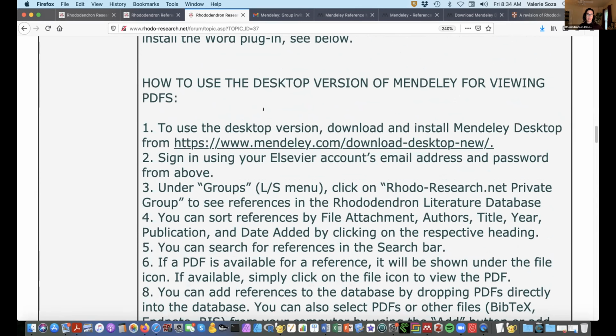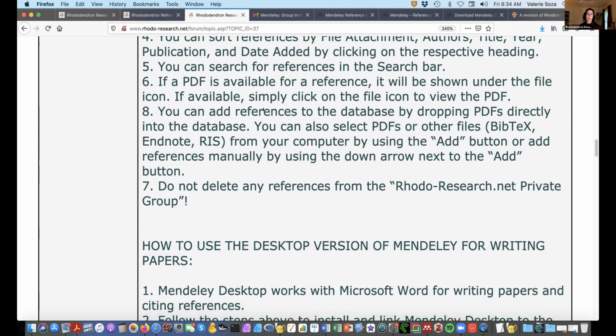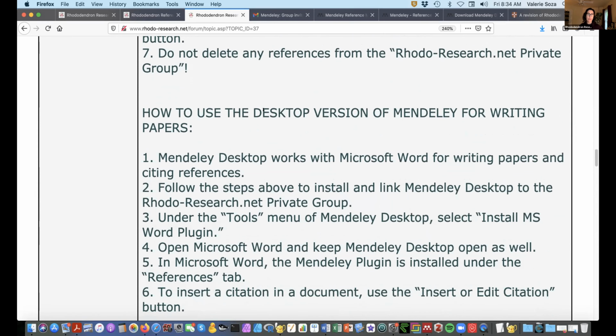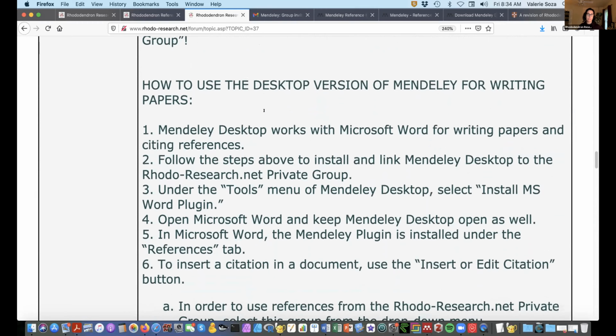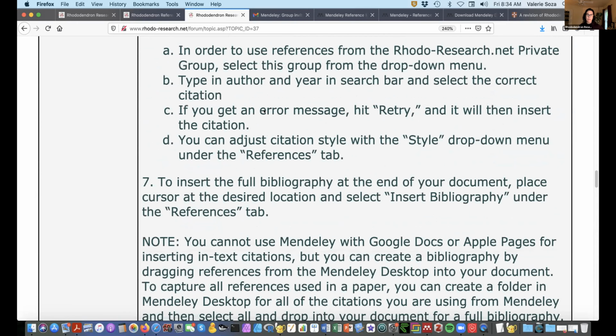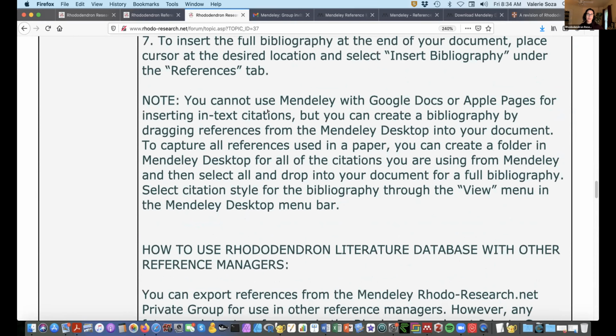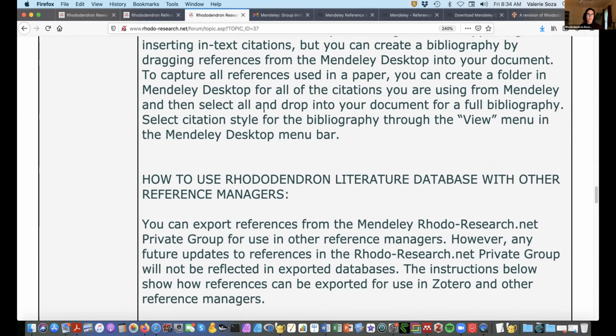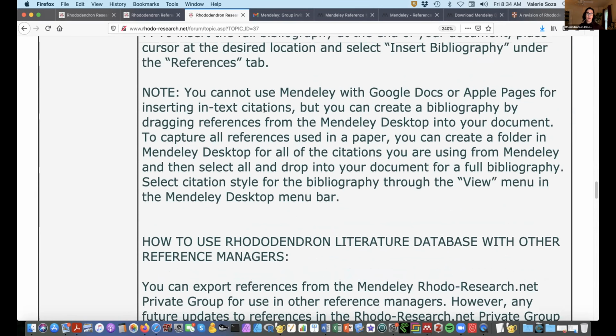And then we do have how to use the desktop version for writing papers with Microsoft Word. And then if you use Google Docs or Apple Pages, we have some information here on how to create bibliographies for those